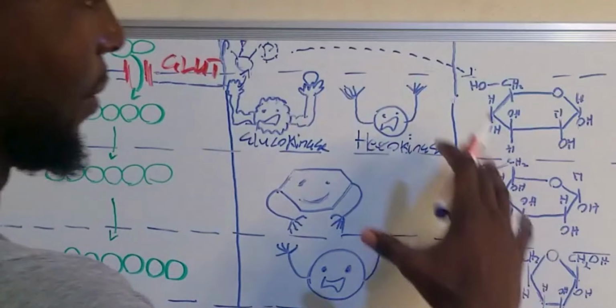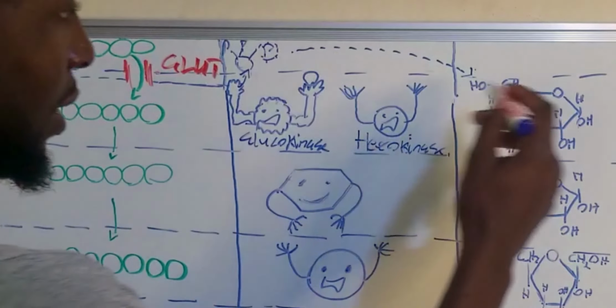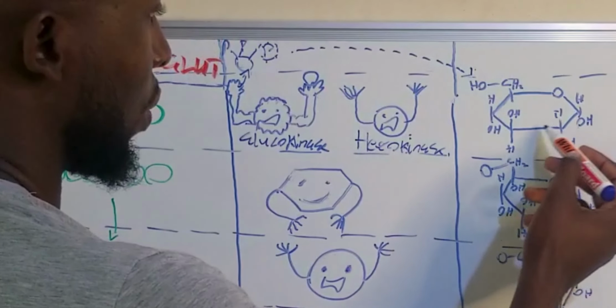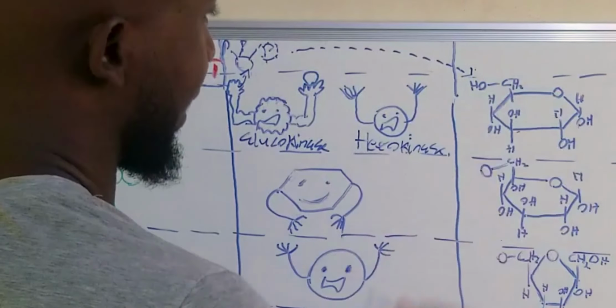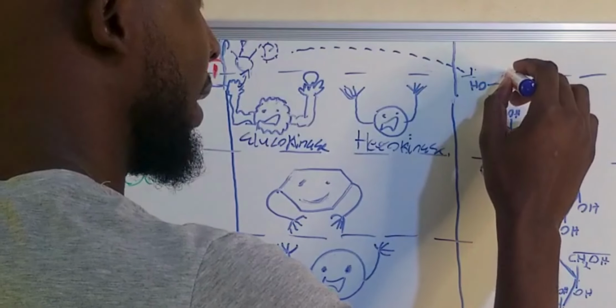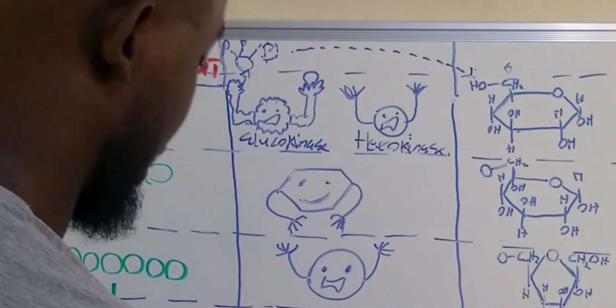This is just a structure representation of what glucose looks like. So this is the glucose. Glucose has 6 carbons again, carbon number 1, 2, 3, 4, 5, and 6. So the phosphate molecule will go onto the carbon number 6 here. So when it goes onto this carbon number 6,